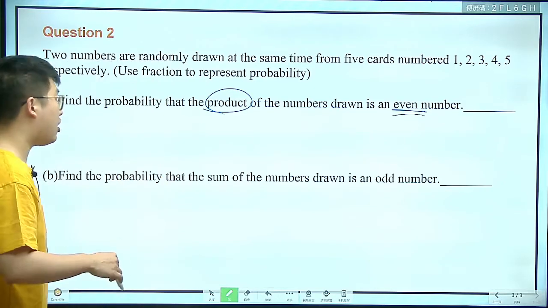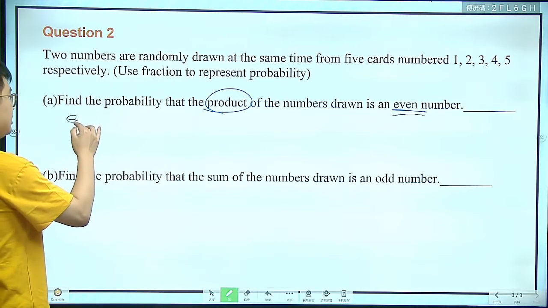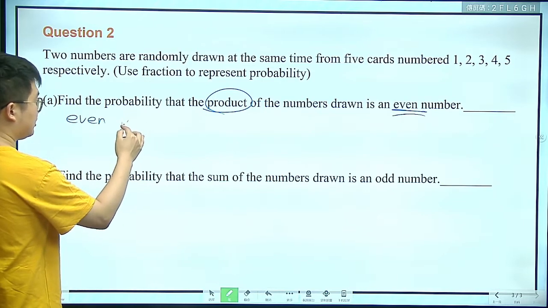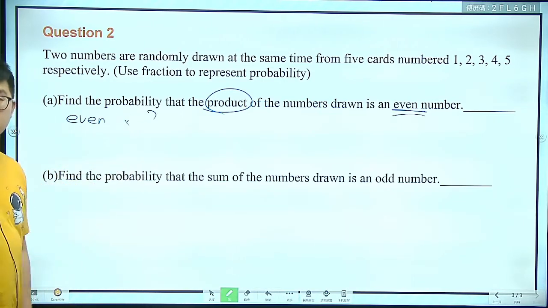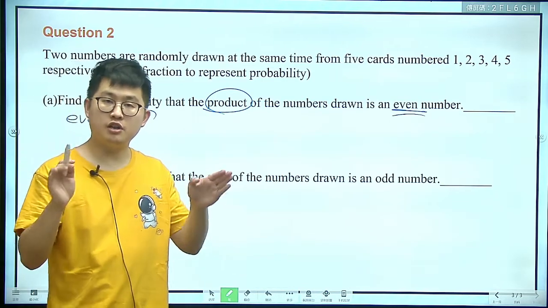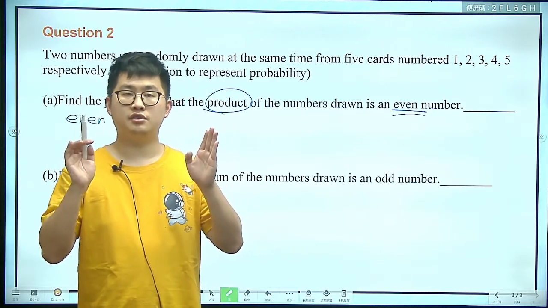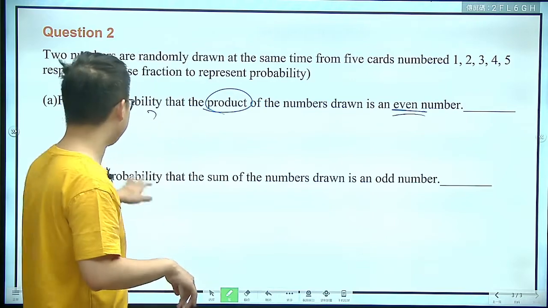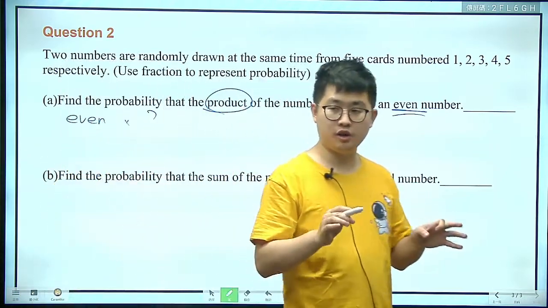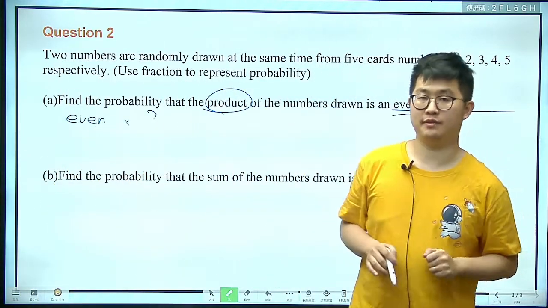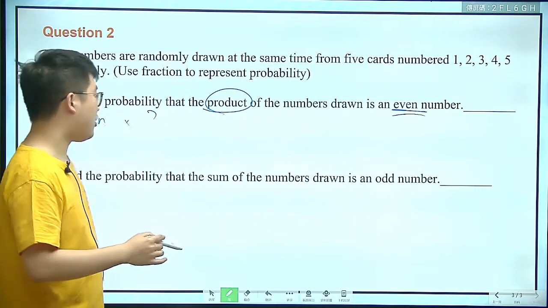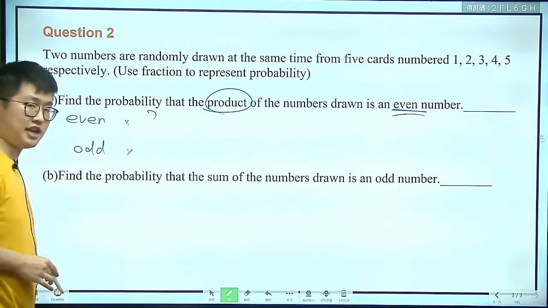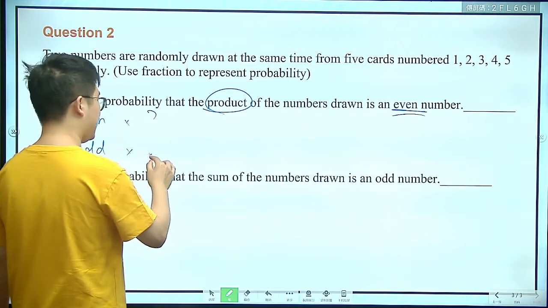Now, if our first pick is an even number, then the second one doesn't matter, because even number times even number is an even number. We get an even number, right? And even number times an odd number, the result is still even. But if our first pick is an odd number, then the second number now must be even,